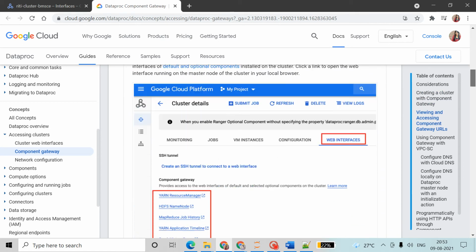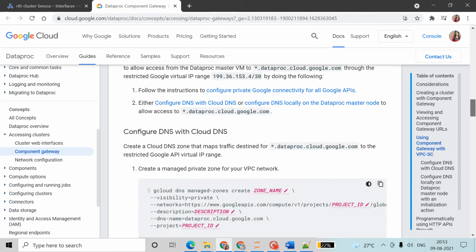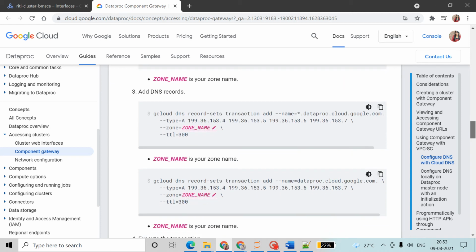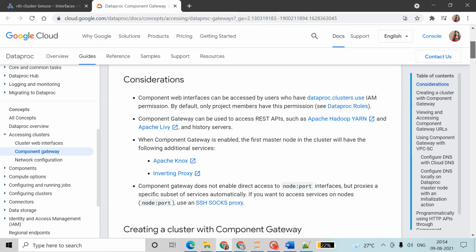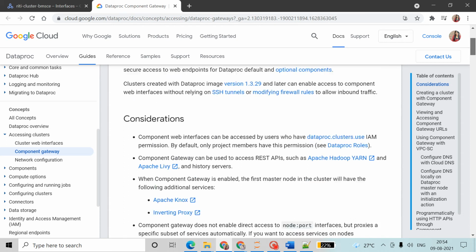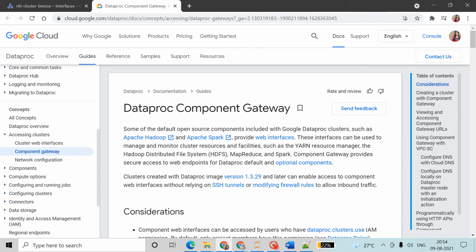It depends on how we have to use it. If we are stuck, this is a very important place to clear our errors and get proper output. If we get stuck in our work, we will come here and try to find it. It's very good, because full guidance about Dataproc is here.